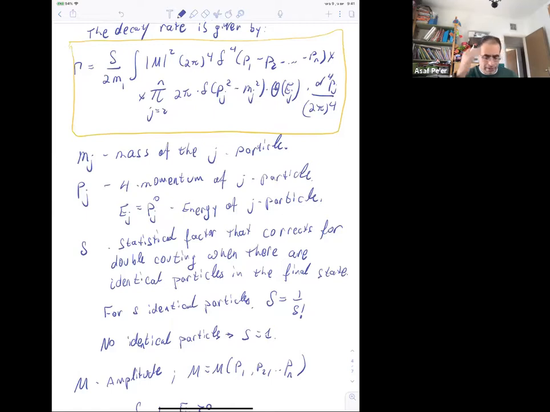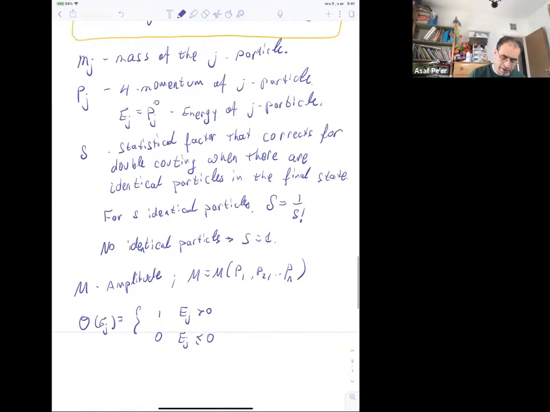Now, except for this M, for the amplitude, everything else is a phase space. If you look for a moment at what we have here, it's just a phase space. It just tells us that we have to integrate over all four momenta. This is the product over all, giving continuous integration over all four momenta. So there are many integrals here, really, but these are subject to three kinematic constraints. So really, the golden rule is about